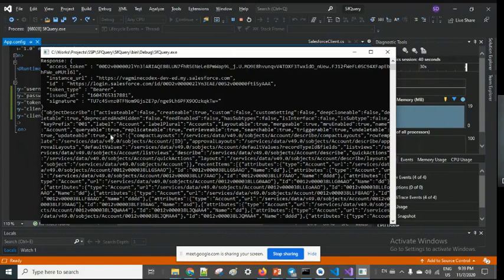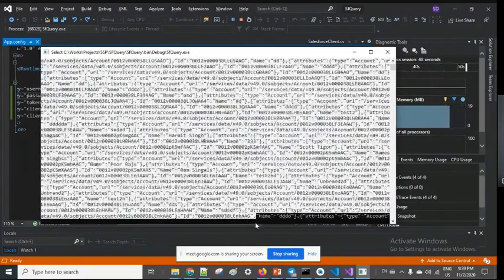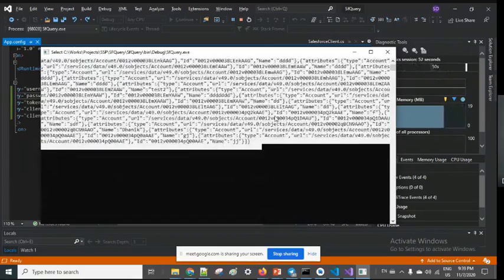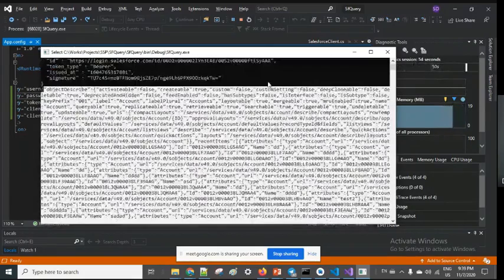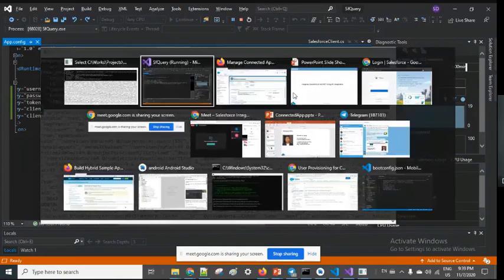Basically, you can see that I have described the application, and I'm getting all the detail about the account object. These are the account object details. So through that connected app, I can access the Salesforce system. This is the first use case, which is used as an API. Now let's go